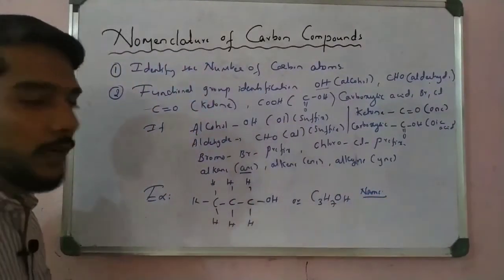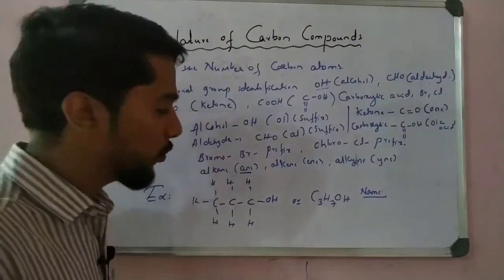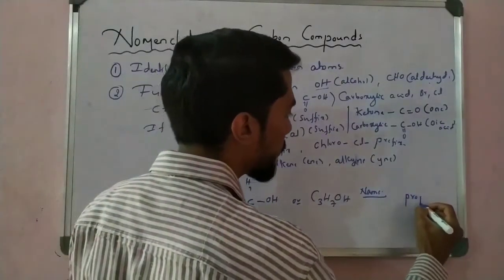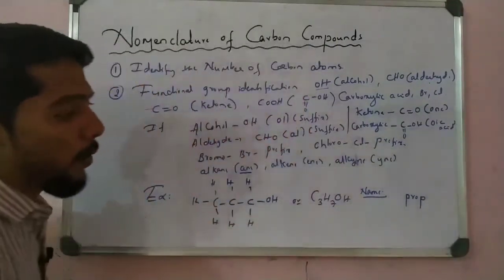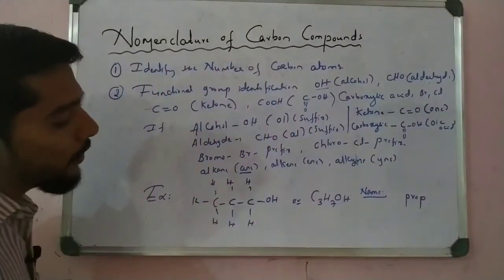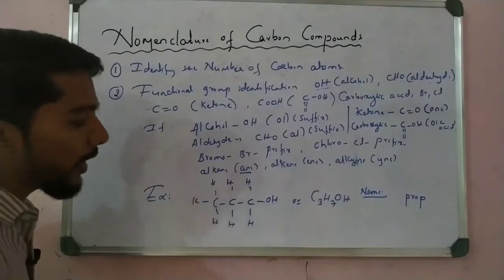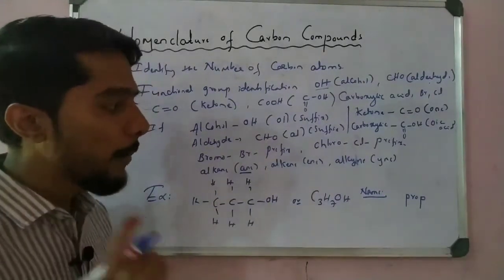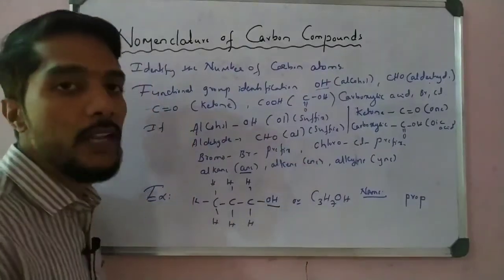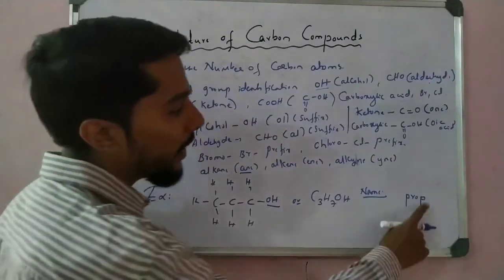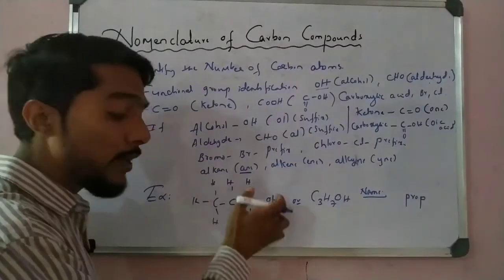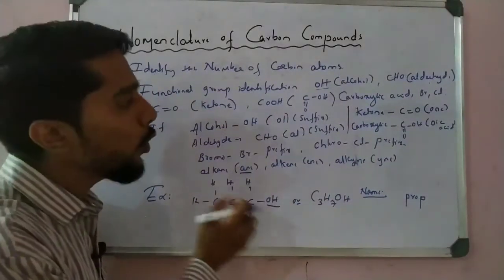What is the first work? To check the number of carbons. How many carbons are there? Again 3, right? 3 means again prop. Now next, alkane. That is very important. It is alkane, single bond. But you observe the functional group OH is there. If I write propane, the OH is in the place of H. So OH means what here?